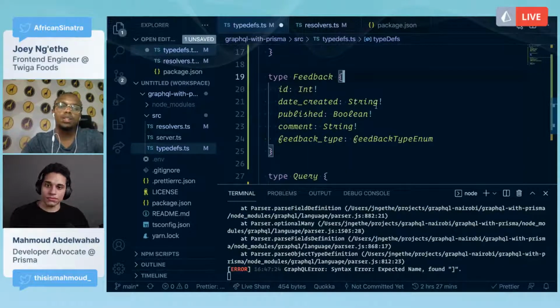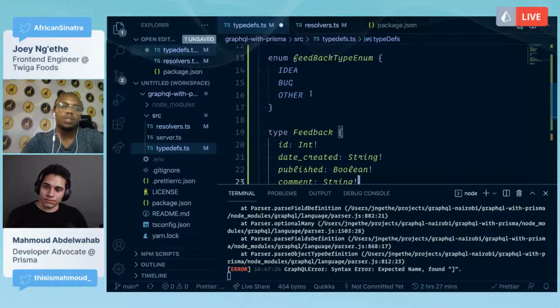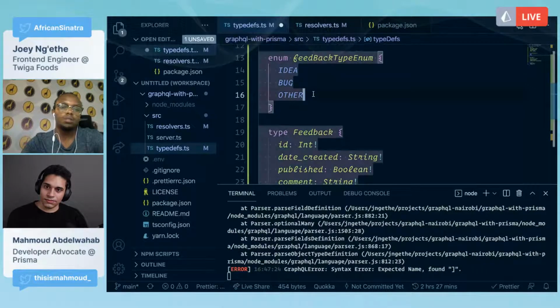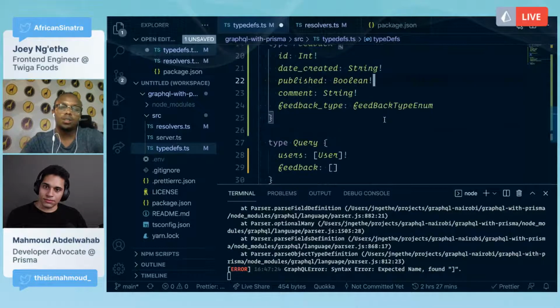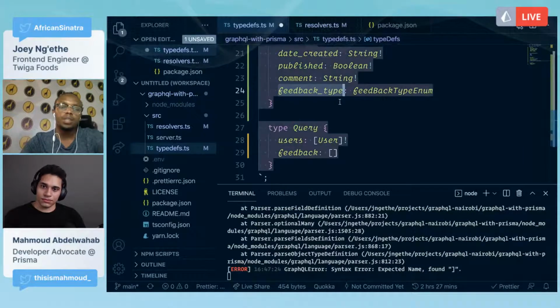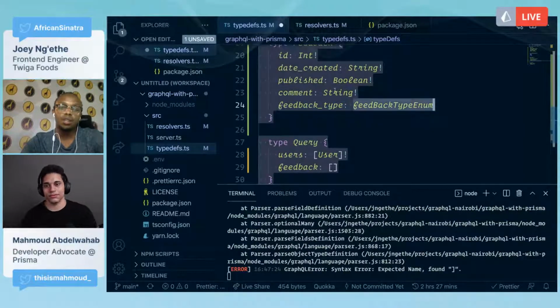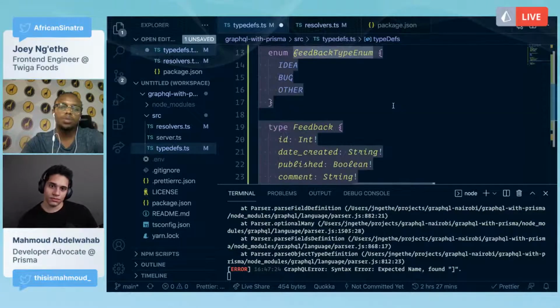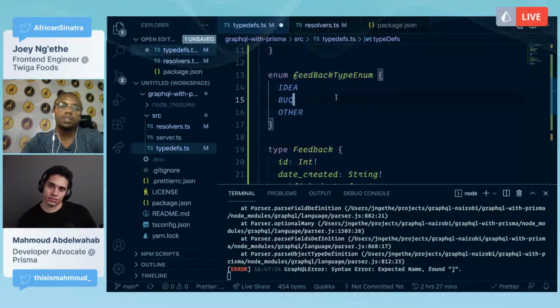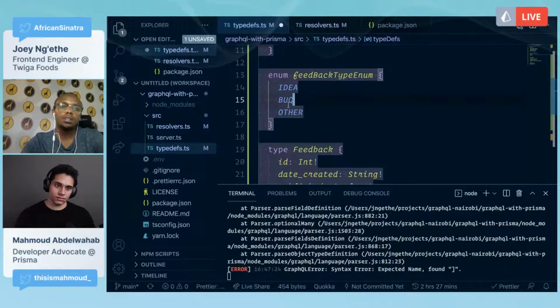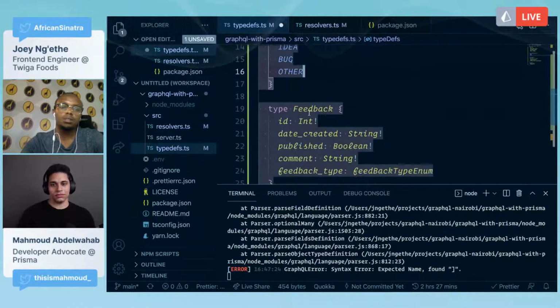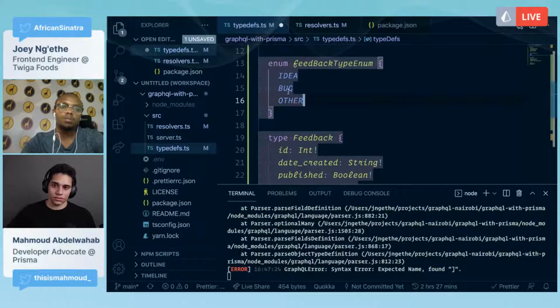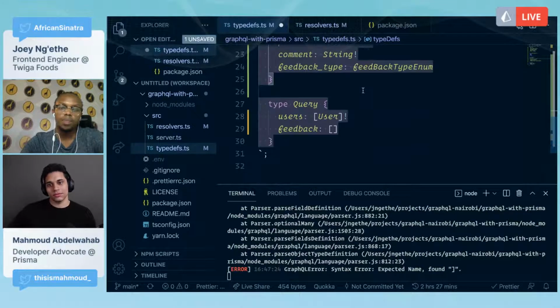If you have some constraints, and if you need to add any other feedback type, you can do so here. So here I've just added the feedback type instead of saying a string. We're saying this is a feedback type, which we have defined here. So it can be an idea, a bug, or other, something that doesn't fall in these two categories.